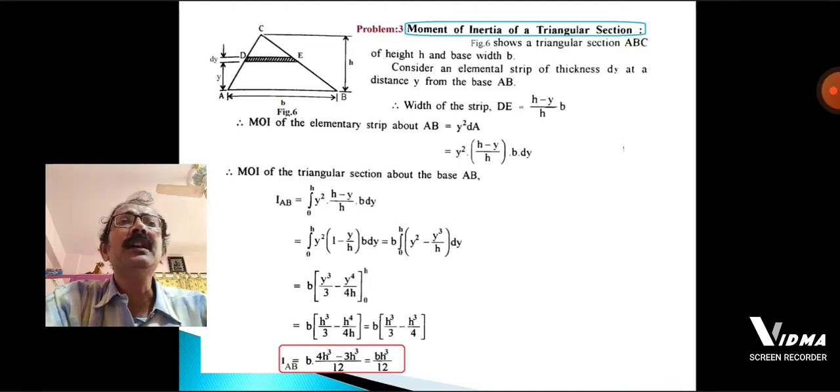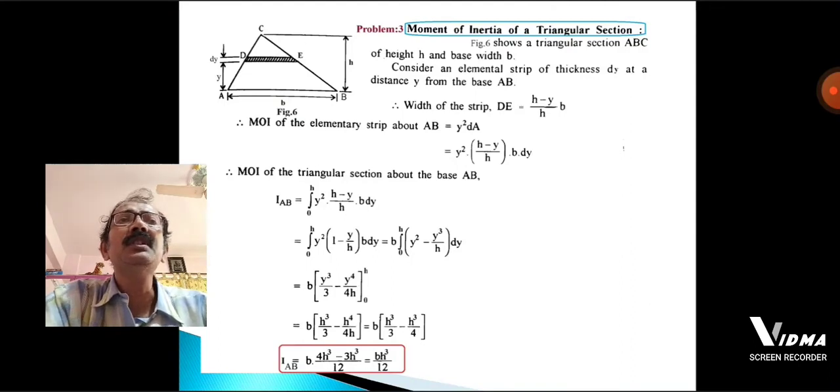So the height is h and base is b. Just like the previous problem, we have to consider an elemental strip at a distance y from the base, and dy is the thickness. First you have to calculate the width of the strip. So from the similar triangles,